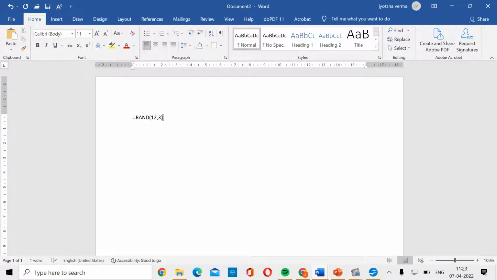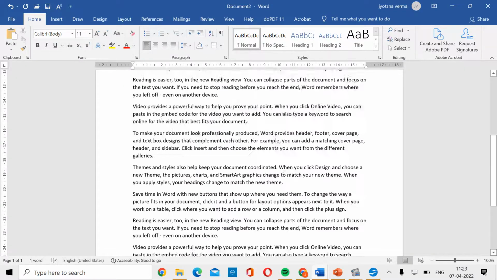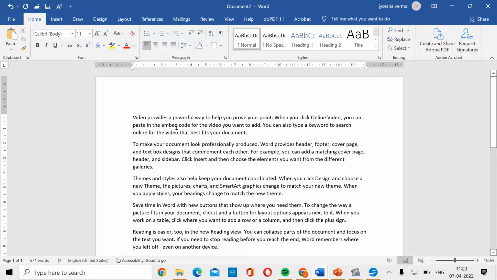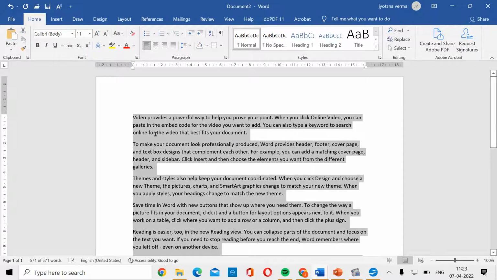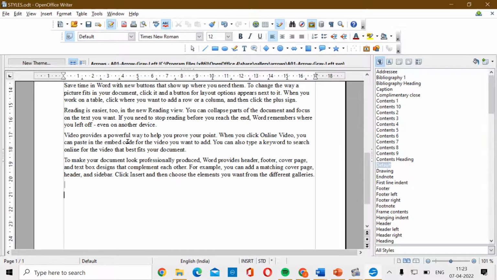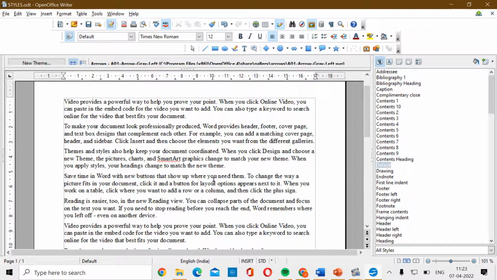So what will happen when I press the Enter key, you will see 12 paragraphs coming here with 3 lines. Now I can select them using Ctrl A, then press Ctrl C, then minimize it, go back to my text editor, my OpenOffice Writer, and press Ctrl V. So you will see the entire paragraphs have come.